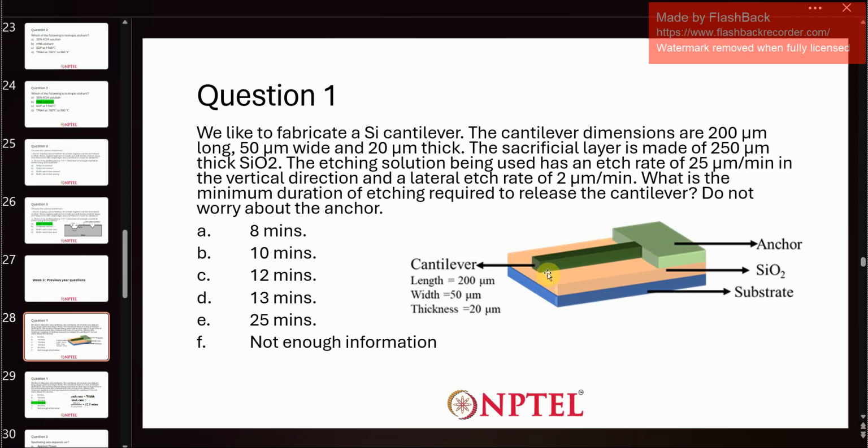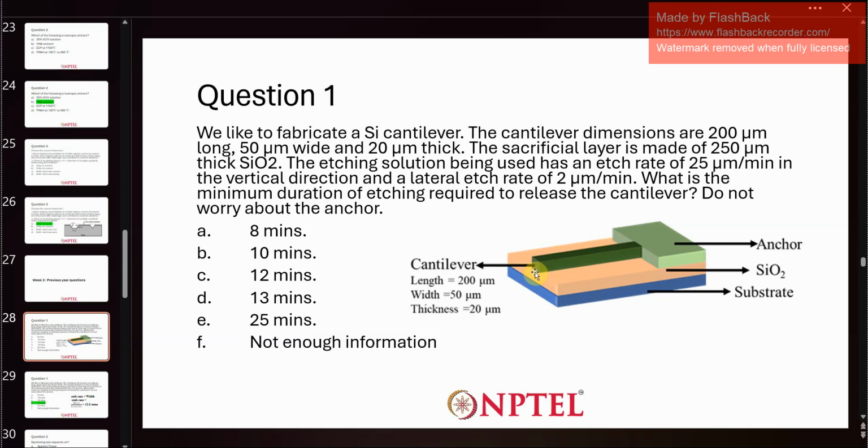So you need to release the cantilever, you need to dissolve away the sacrificial layer. Dissolving is basically etching. So to remove this layer, you need to put the etchant. The etchant has an etch rate of 25 micrometer in the vertical direction and 2 micrometer in the lateral direction. Since you will be putting the etchant from the vertical direction, but